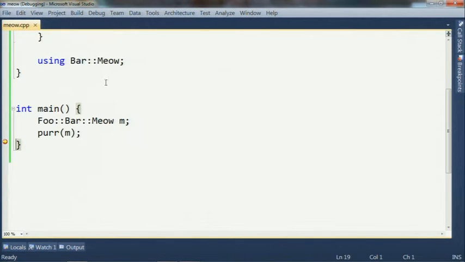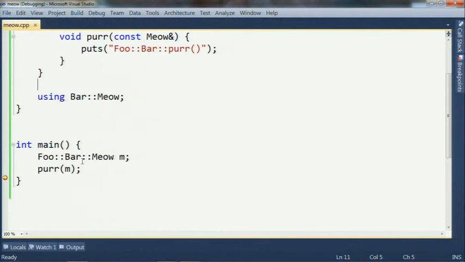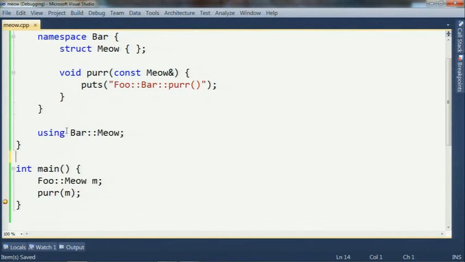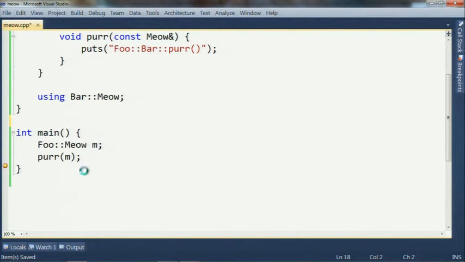Foobar per, like that. Now, here I defined the function per in the exact same namespace as where meow lives. Its true name. But it's also visible as just plain old foo meow. So this will still compile. If I refer to it as foo meow, because this will look in namespace foo, find the using declaration, and then find this meow here, and then argument-dependent lookup will find the associated per. So this will still compile and run,